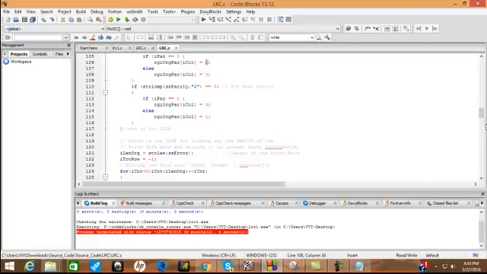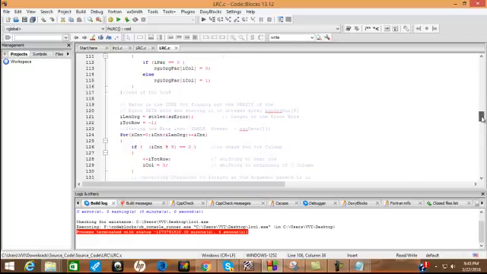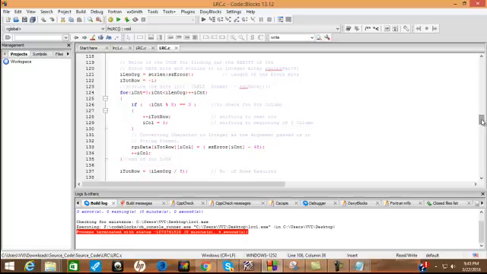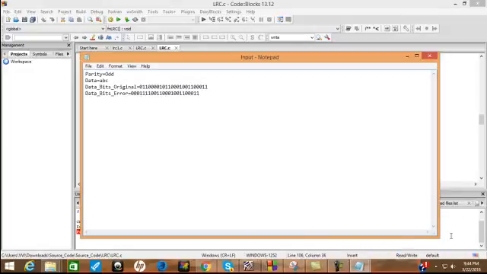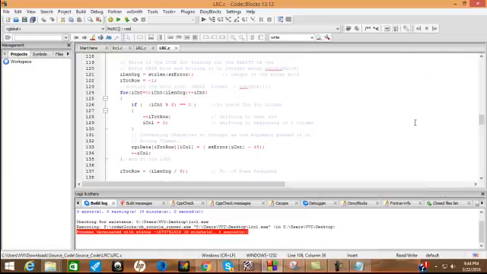The next part of this is for the original data. The next part of this is obviously to calculate the error data. So error data is randomly generated in this input text file. Now the size of the error data is the same as the original data. So if we are transmitting 24 bits, we must receive 24 bits. So for these 24 bits, we follow the same algorithm which we followed for the original.